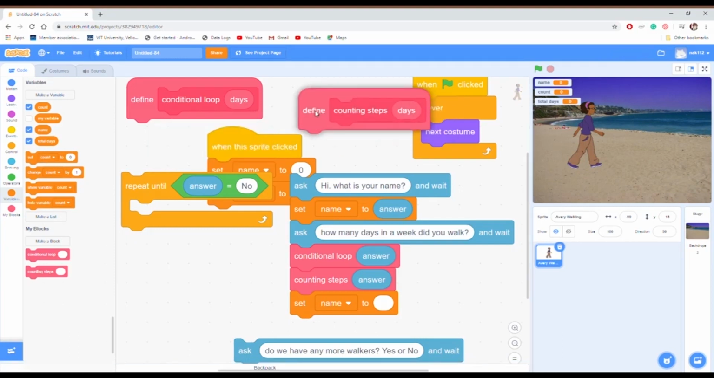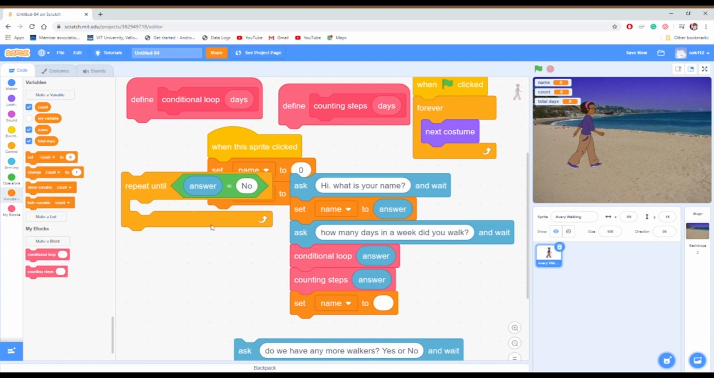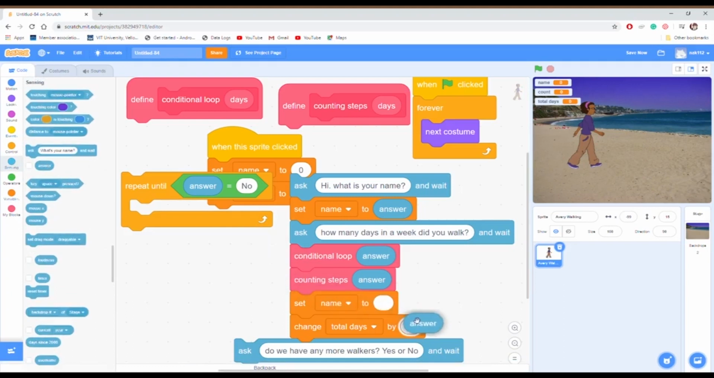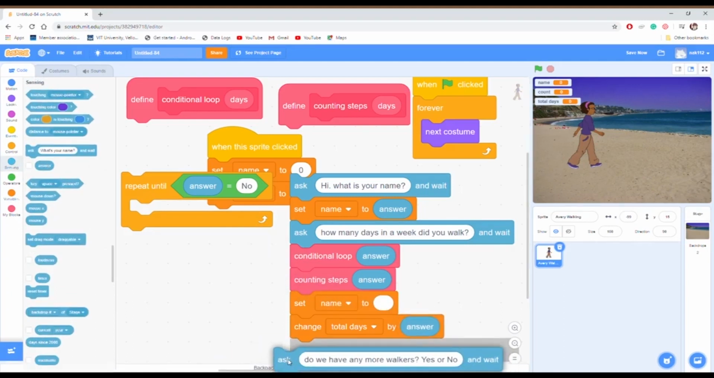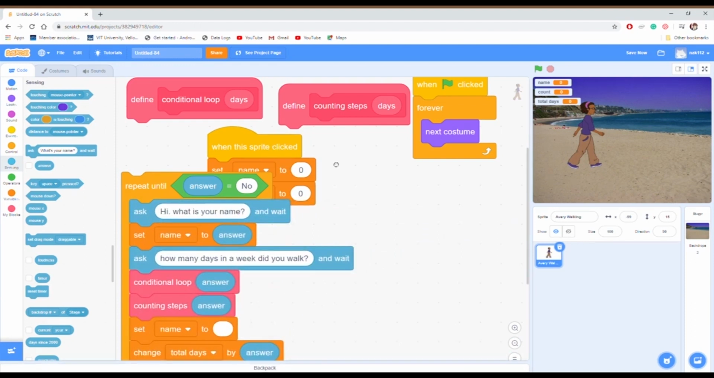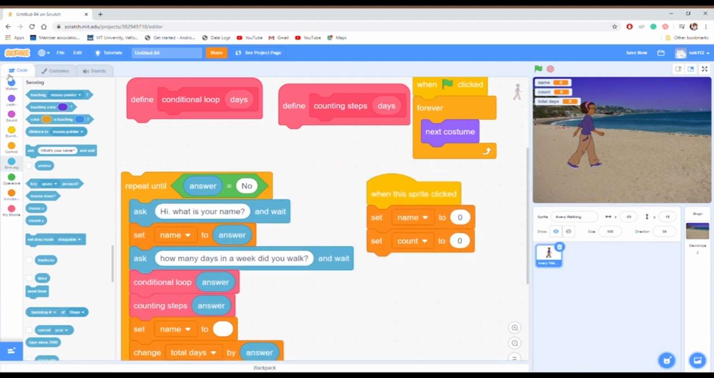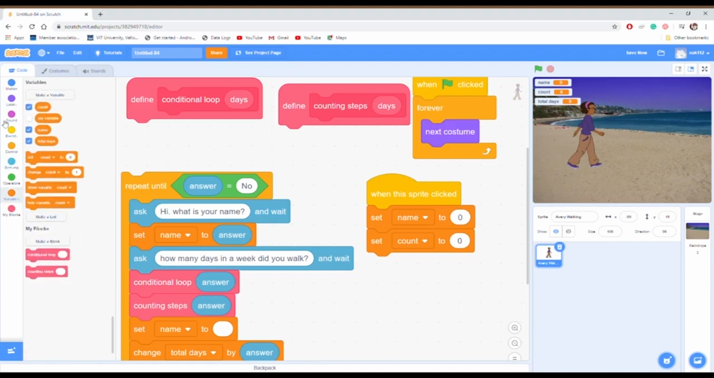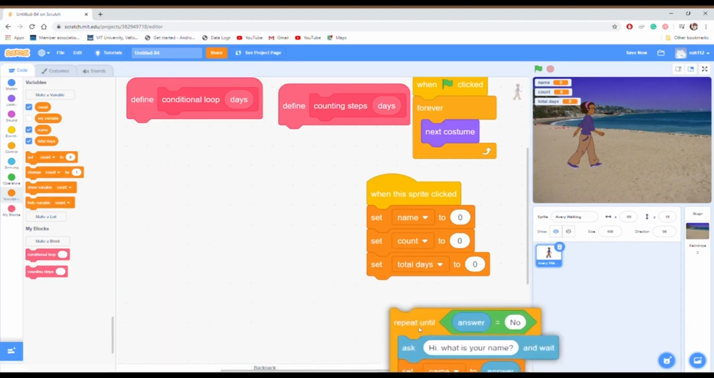I'm just going to remove some things here from the screen so that it's visible to me because I need to set this to 0 as well. So we change the total number of days by the answer. Like I said, I'm going to recycle the answer variable block multiple times, but don't worry, because I know that value doesn't change throughout the process, which I've mentioned here. So setting total days to 0, now putting this whole loop below this,